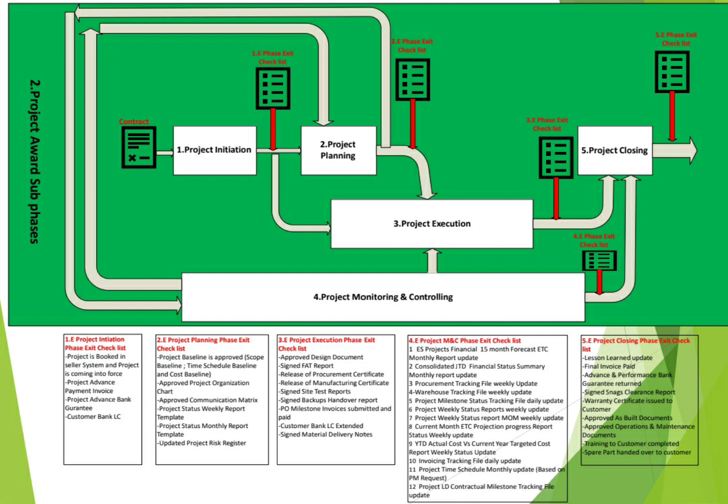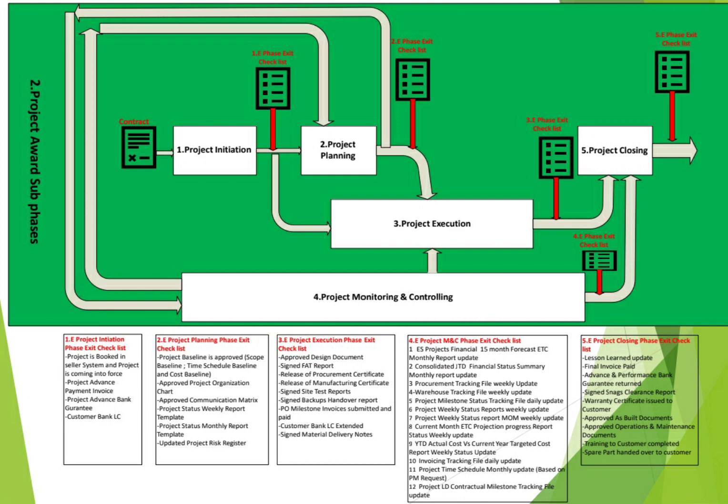Next, it is the project execution phase, where the output, or the phase exit checklist, from the project execution. Sure, you need to have the approved design documents, the signed FAT reports, release for procurement certificates, release for manufacturing certificates, signed site acceptance reports or signed test reports, signed backups handover. If you have a software system and you are doing the final backup and you are handing over to the customer, you need to have the signature,